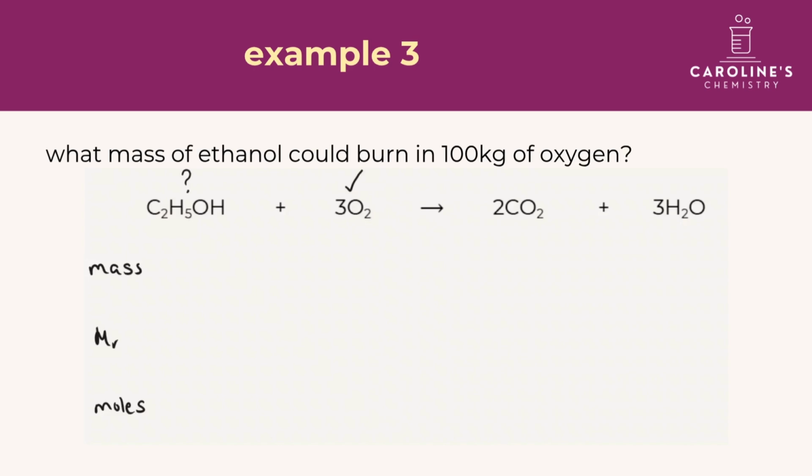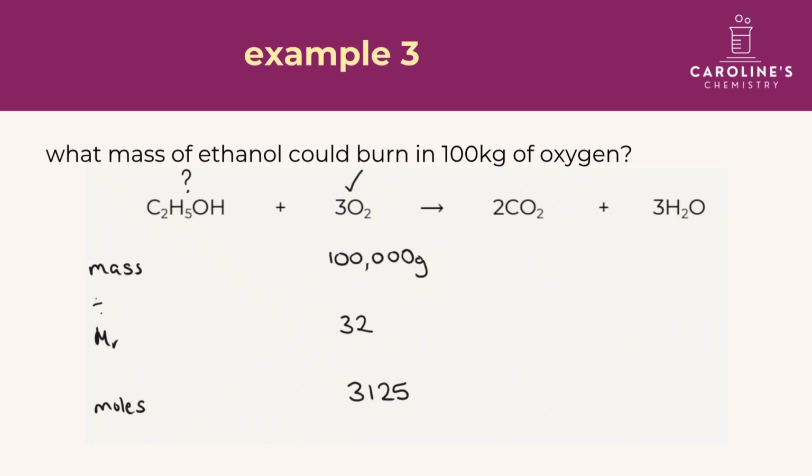Now we're told we've got 100 kilograms of oxygen, but kilograms is not the standard units for mass. We have to convert that into grams by timesing by 1,000. So 100 times 1,000 is 100,000 grams. Now divide it by the MR. We have O2, so 2 lots of 16 is 32. Do 100,000 divided by the 32, that gives us